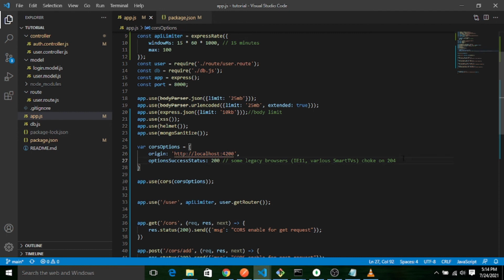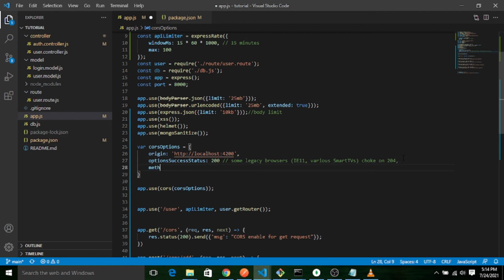We just have to write methods: get, post, in caps. So here I am allowing the users coming from the domain 4200, but they can only access the get request and post request. Other requests they cannot touch or access.